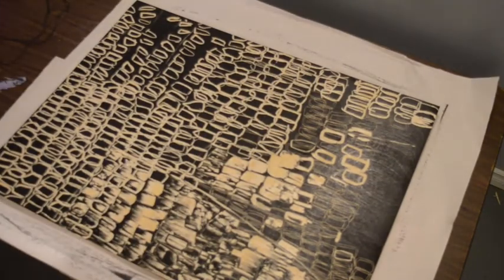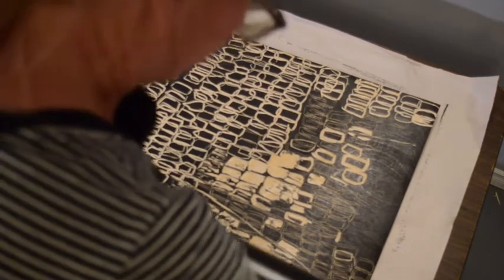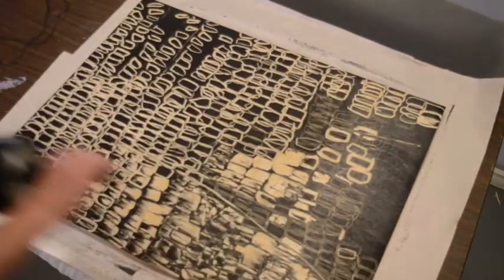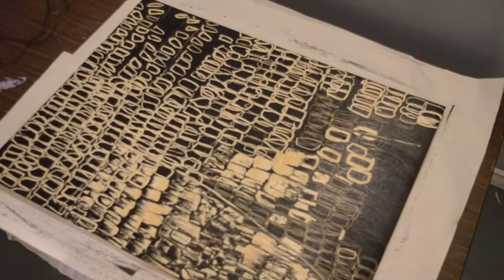So how long is this little clip? What is it? 3 minutes, I think, to roll up this little woodcut that I just printed the other week. A lot of my woodcuts are, well, I've done some smaller, I try to make myself do some smaller work to shift what I'm doing, but I like to work really big typically,